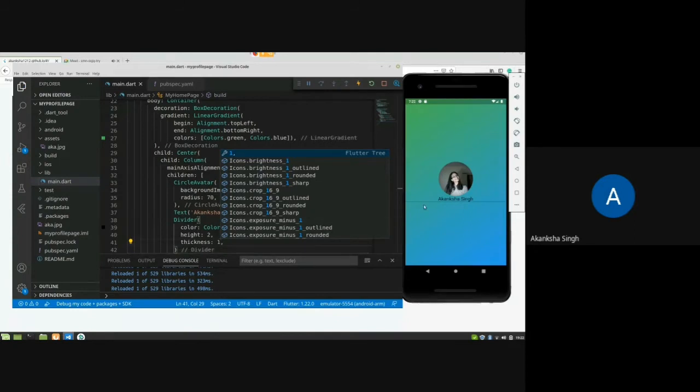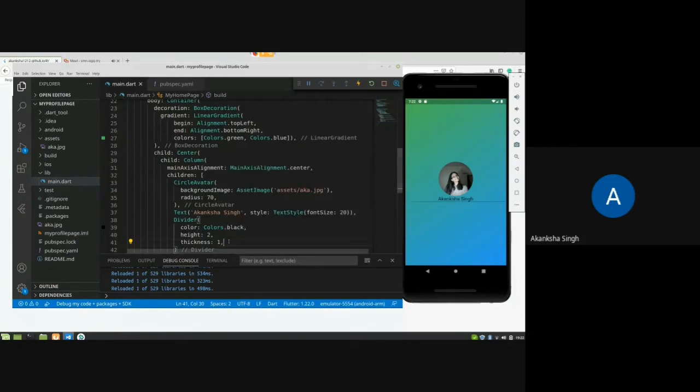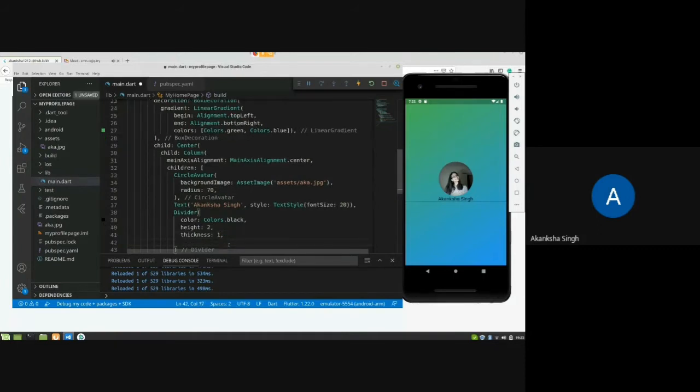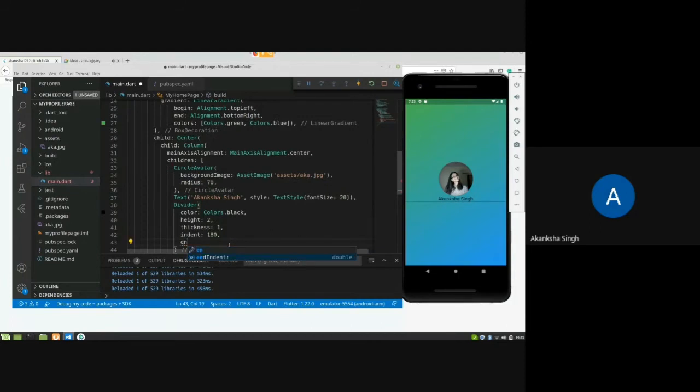Now it's a bit more visible, but we want a smaller divider which shouldn't cover this whole screen, the width. So what we're gonna do is, we're gonna have the indent and the end indent. So as you can see, now this is smaller. So if we make it like 10,